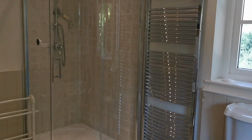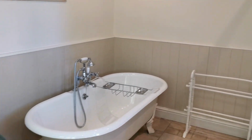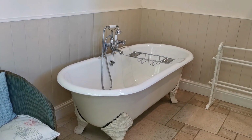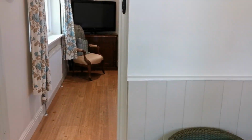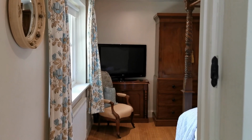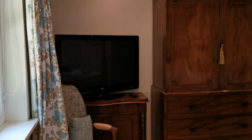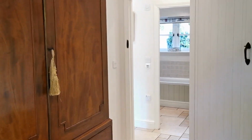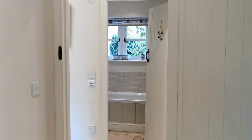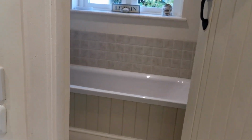That's me in the mirror. Big walk-in corner shower and a lovely old-fashioned pedestal bath with matchboarding around the lower aspect of this room. Also, for guest pleasure, large TV, period fitted wardrobe, and just across the corridor, I'm going to take you now and show you the downstairs bathroom and loo